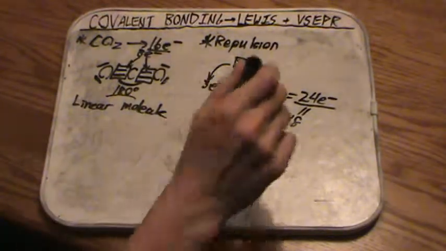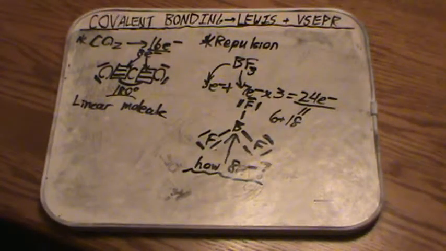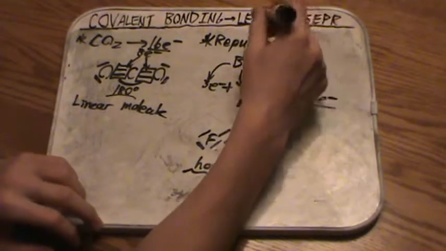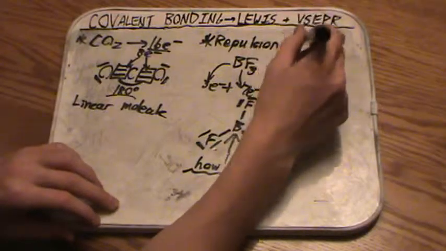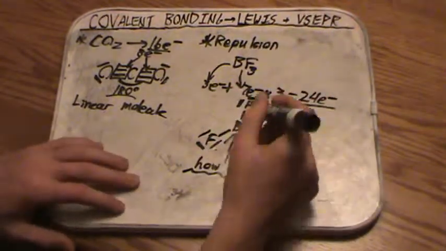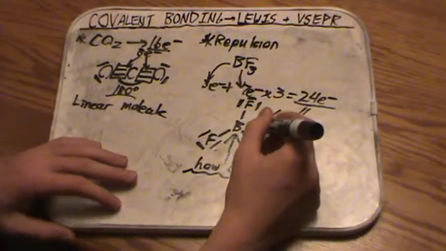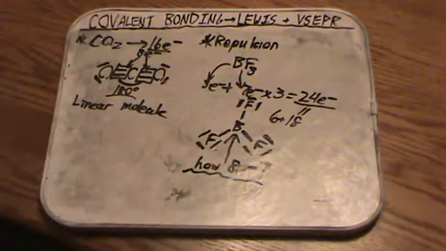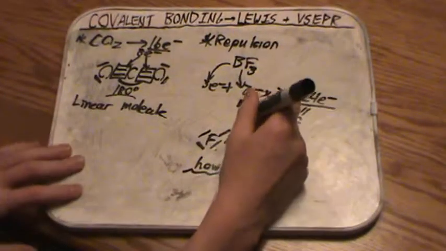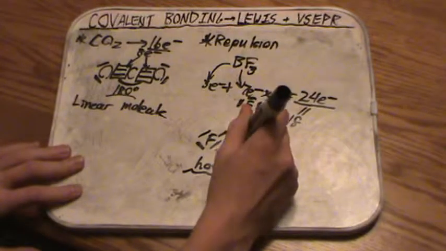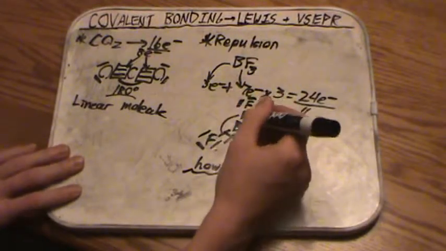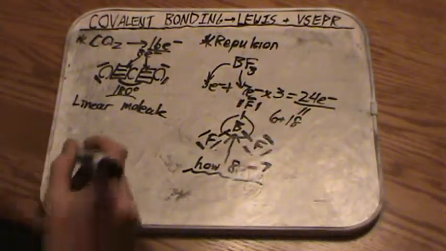So this is exactly how you would draw the BF3 molecule as its Lewis structure, assuming that it has complete covalent character, as we said at the beginning of the video. And so if this is the Lewis structure, what are the bond angles between these fluorines? What are the bonds here? Okay, and so as we know,